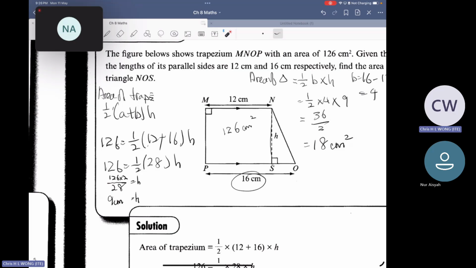So working is very important in maths. But when the answer is right, you don't care already. You just see the answer right, full mark. We don't check back. No need. Right? Okay, now before you